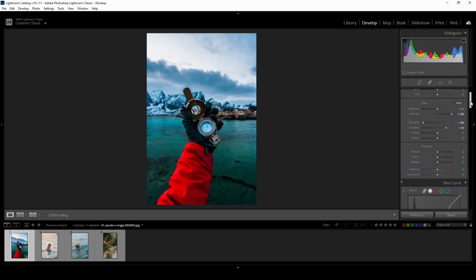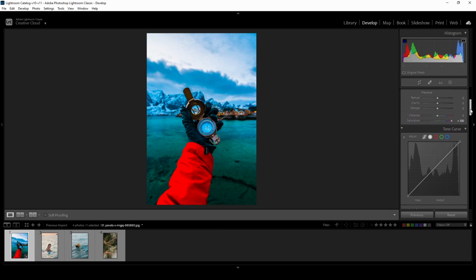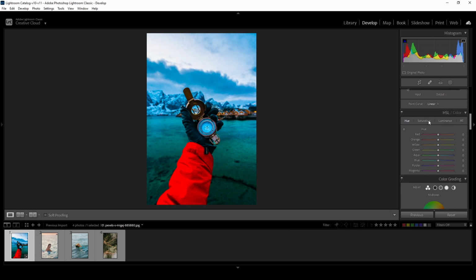After this, we will increase the saturation to the max. You may be wondering why I increased the saturation to the max and made the photo look ugly as hell. I increased the saturation to 100 so that we can achieve color depth in the areas where there is less color, and we will control the saturation of each color individually using the HSL color panel later. Or you might not be wondering at all about it, and I just assumed it. Anyway, after increasing the saturation to the max, let's move on to the HSL panel.